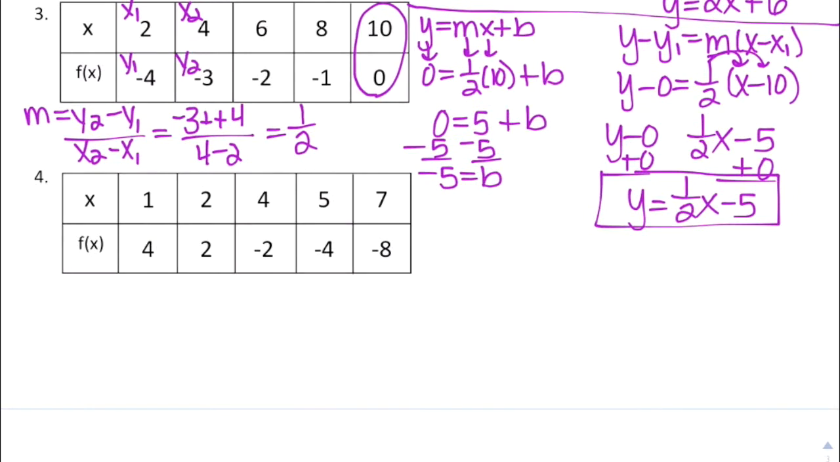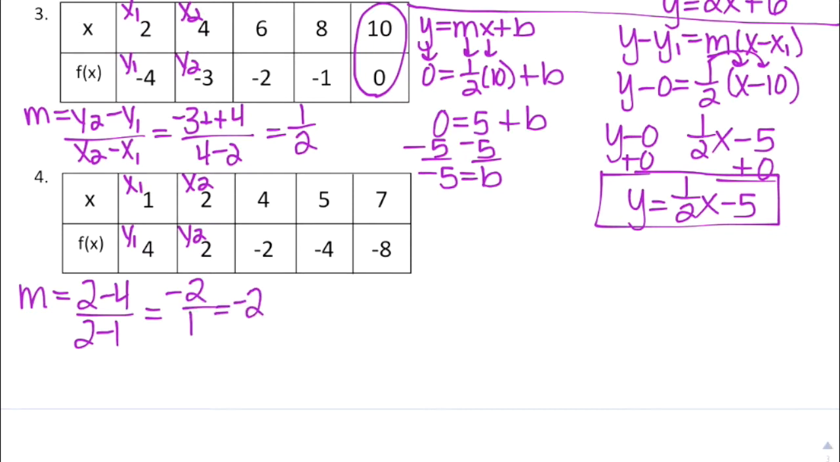Last one, on number 4. I have my x1, my y1, my x2, and my y2. Plugging this in, I have 2 minus 4 over 2 minus 1. 2 minus 4 is negative 2. 2 minus 1 is 1, meaning that my slope is negative 2. I'm going to use the first point. So plugging this into y equals mx plus b,